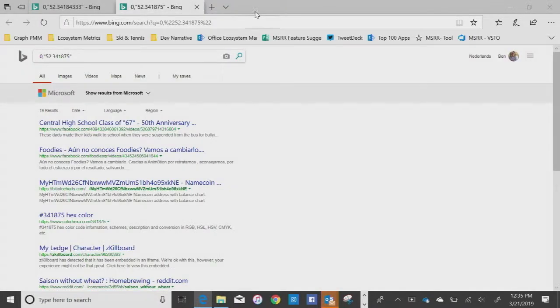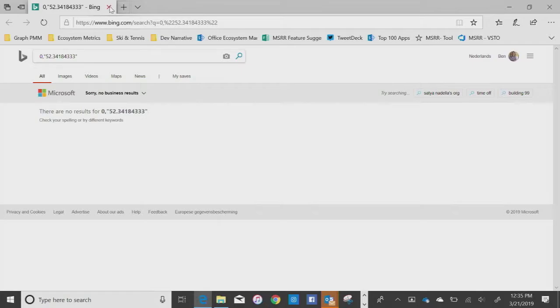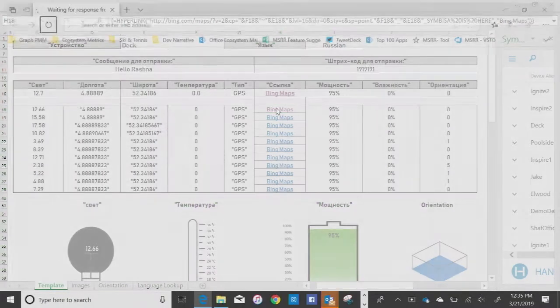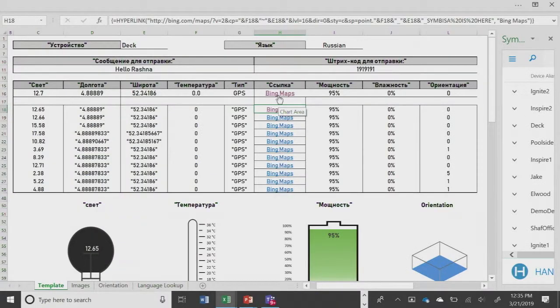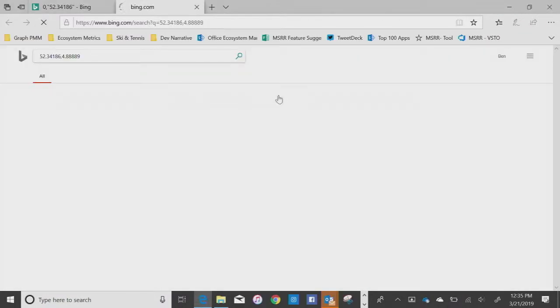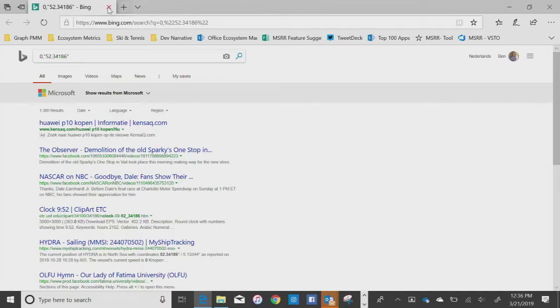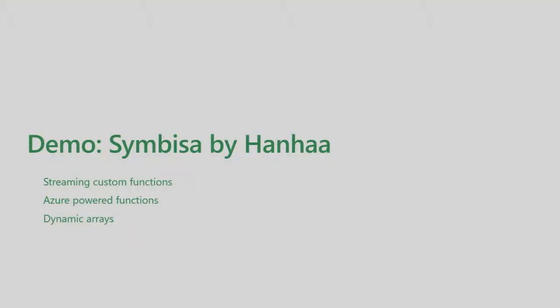What is it doing? Well, at any rate, the point is that if I click on that hyperlink, I should be able to get, wait, hold on, I know what it is. If I click on this hyperlink, that is where we are. Anyway, when I ran it in the demo room beforehand, it actually did show exactly where we were. I probably should have just left that up so that it looked like I had done the right thing. But for some reason, it is not actually working right now.